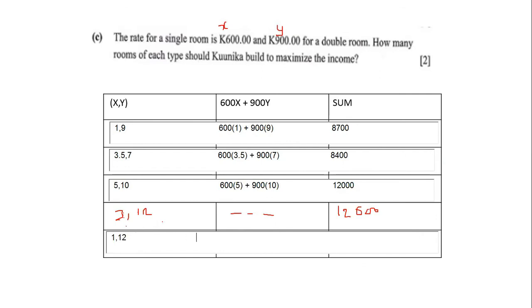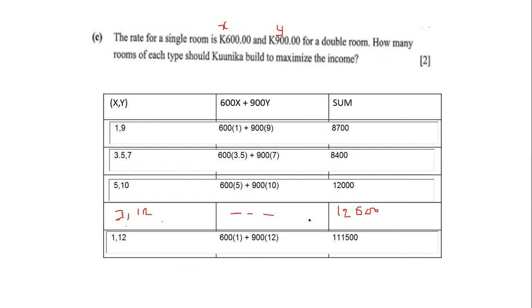You fill in also. This one will just be 600 multiplied by 1, plus 900 multiplied by 12. And your answer for this one will actually be 11,500 kwacha. All right, so now that you have done that part,